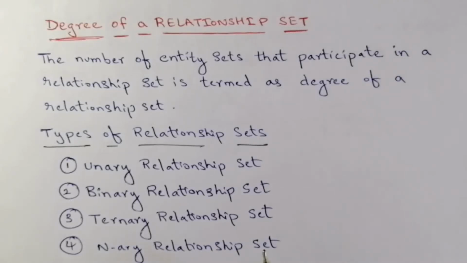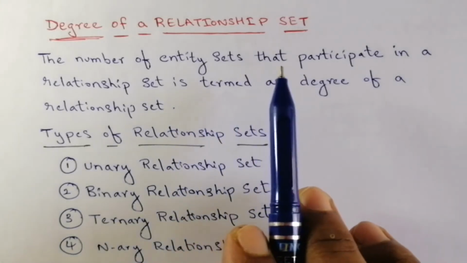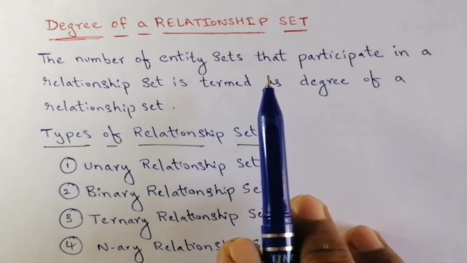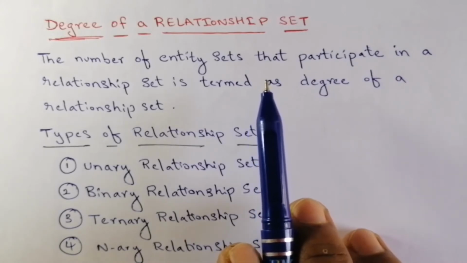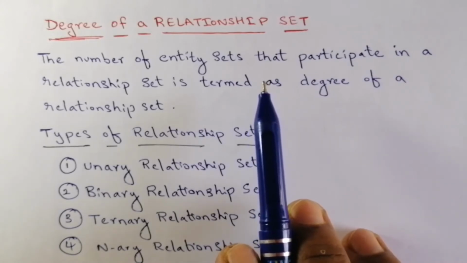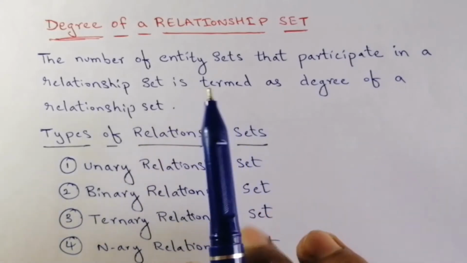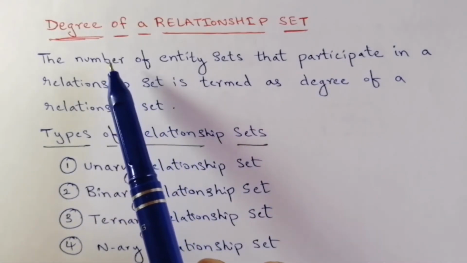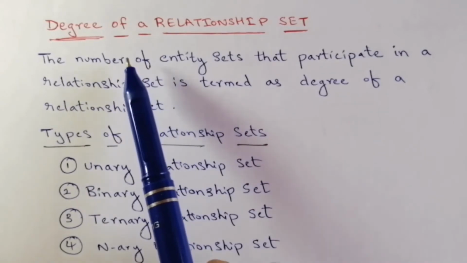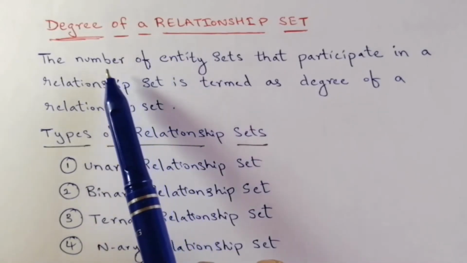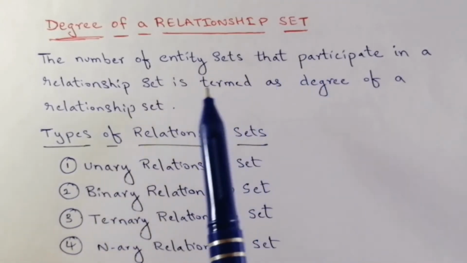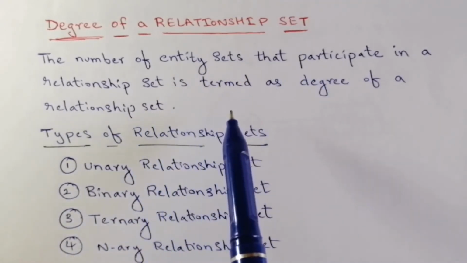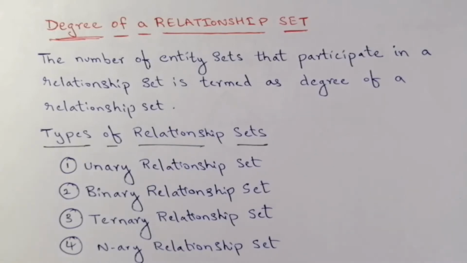In this lecture, we are going to discuss the degree of relationship set. In the previous lecture, we discussed the relationship and relationship sets, so please refer to those sections for a better understanding. In this class, we are going to learn about the degree of a relationship. So what is the degree of a relationship? The number of entity sets that participate in a relationship set is termed the degree of a relationship